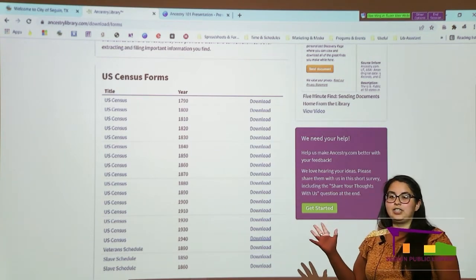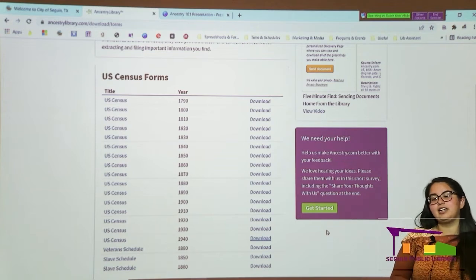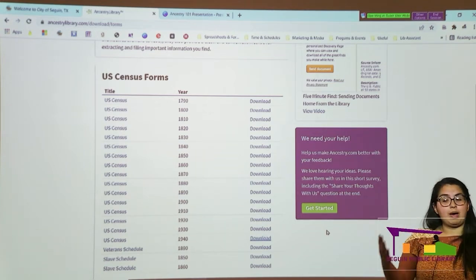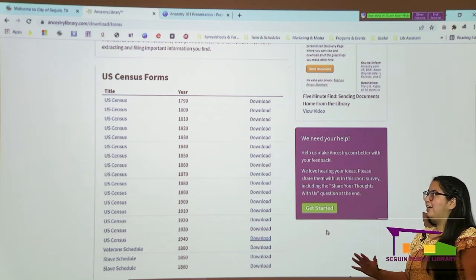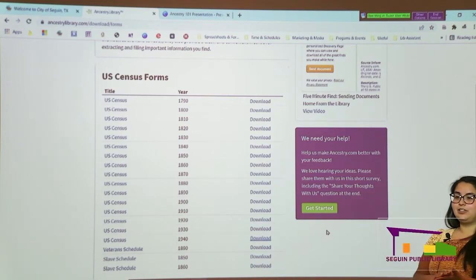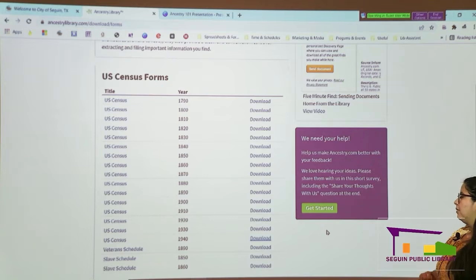However, on Ancestry, it's not indexed completely just yet. So you might be able to find some of your records by searching on Ancestry, but it's not 100% chance that you will, because it literally just got released this past month. But as time goes on, they'll finish indexing it and making it more searchable. So let's jump back